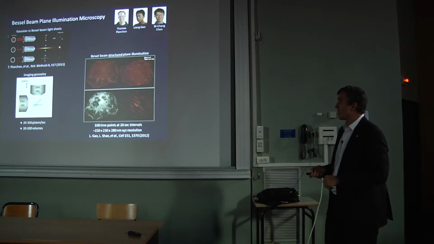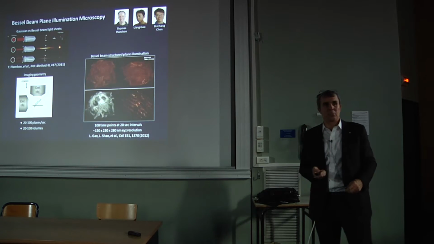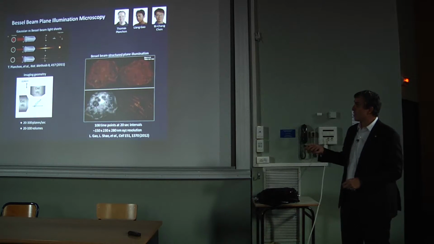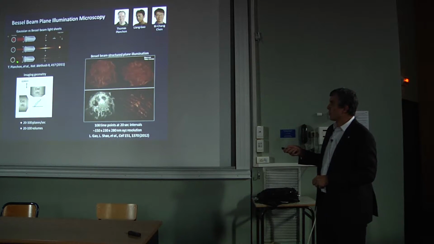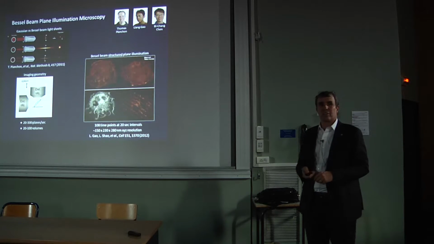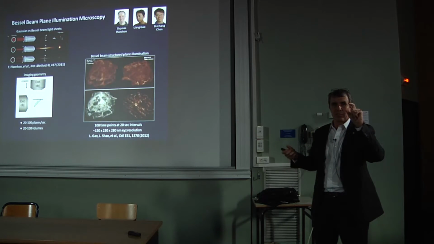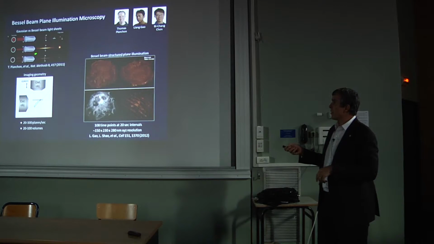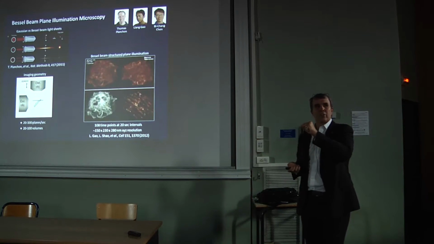So a number of years ago, we started to play with non-diffracting beams to create these light sheets, particularly using a Bessel beam. So in a Bessel beam, you illuminate your lens not uniformly like when you're going to create a Gaussian beam, but instead with an annulus of light. And now you have two knobs to tweak, the diameter of the annulus and the thickness of the annulus. And that allows you to decouple the length of the beam from the diameter of the beam.